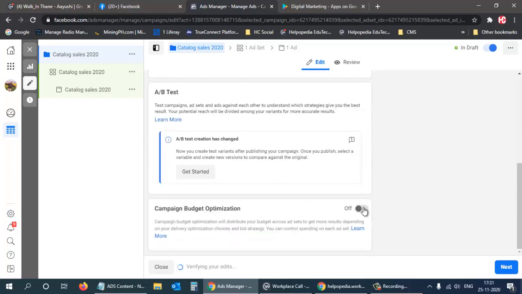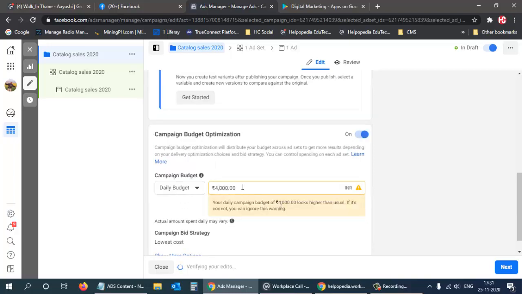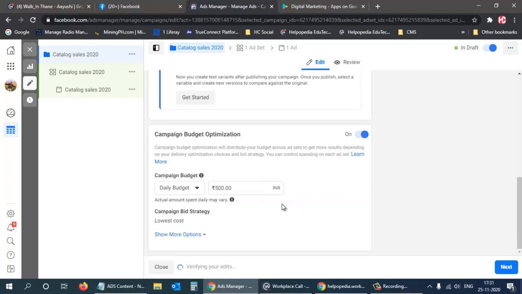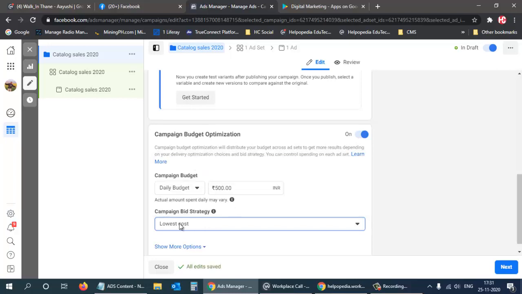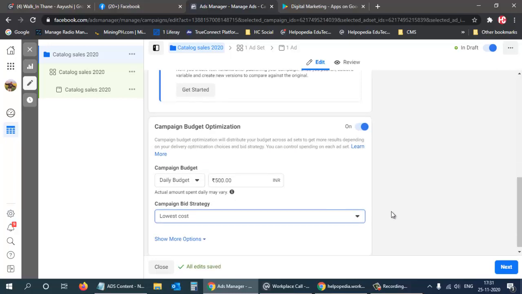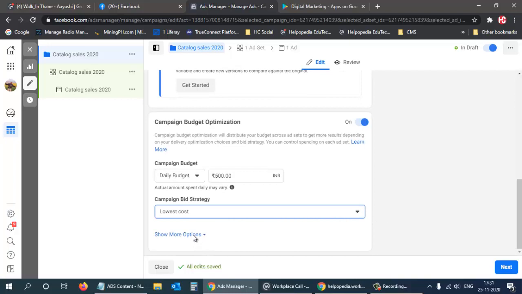Campaign budget optimization, this time we will keep it on, so that we can get the best results. Over here I'll put 500, and over here the campaign bid strategy is lowest cost, which is automatically selected because we want to get more results at the lowest possible cost, so Facebook will automatically decide and show our ads at different places.